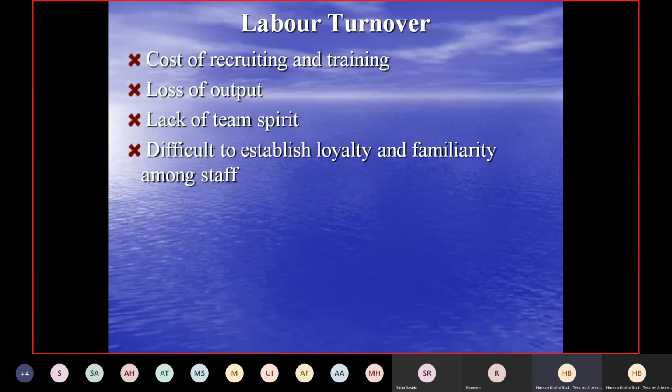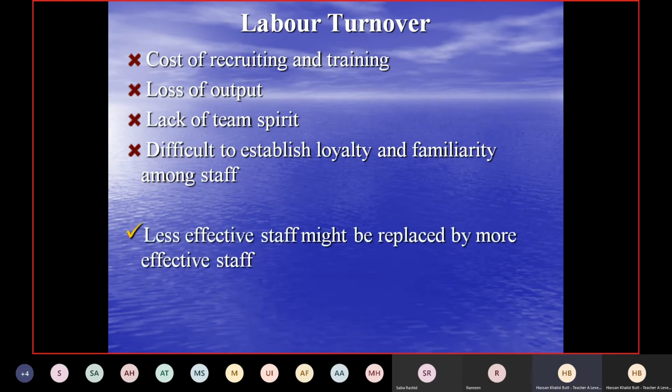So be very clear. Yes, loyalty and familiarity will not be there, but you are not supposed to just say that because labor turnover is high, employees won't be loyal or familiar. You have to tell what the disadvantage would be if workers' loyalty is low, or they are not familiar with one another. You have to express your viewpoint on how it will lead to a disadvantage to a business. It can be in terms of not being able to achieve objectives, or lower profits, bad image, whatever. You can develop it.